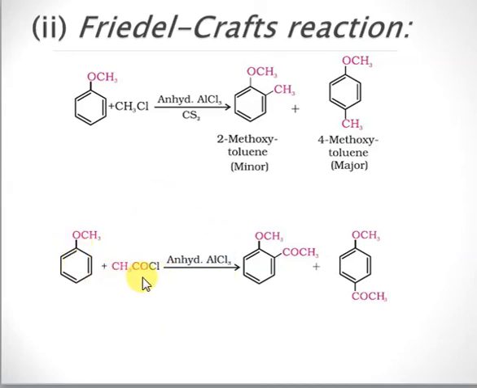So this is the acetyl group, and to this chlorine is attached. This is acetyl chloride. Again, the catalyst will be anhydrous aluminum chloride. Now we get the acetyl group at the ortho position and the acetyl group at the para position. So this reaction is very important in that sense, because by this method we can introduce a ketone onto the